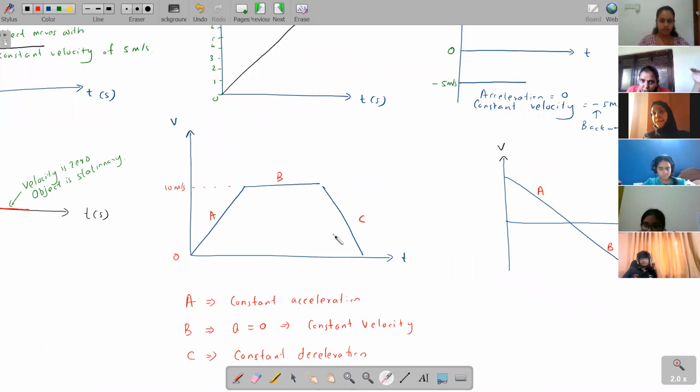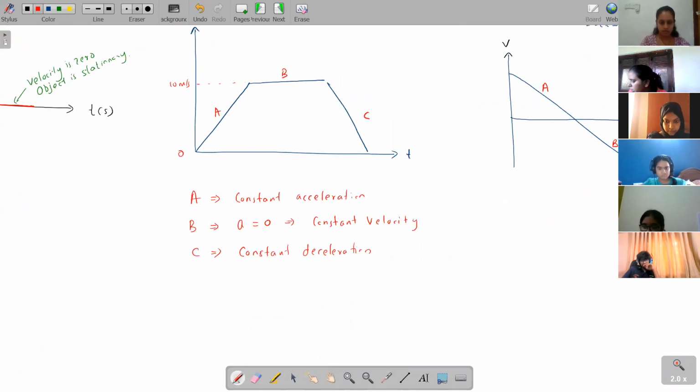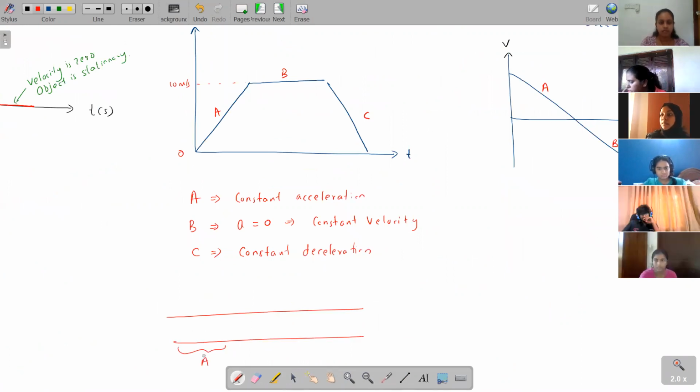Here, this acceleration, this constant velocity, this slowing down, everything happens while you are going forward. So you are going forward, accelerating. Then you are going forward at constant speed. Then you are going forward and slowing down. Can you understand? It's happening on the same stretch of road. Stretch A, you are accelerating and going forward. Stretch B, you are going with constant velocity, going forward. Stretch C also, you are going forward, even though your speed is decreasing.